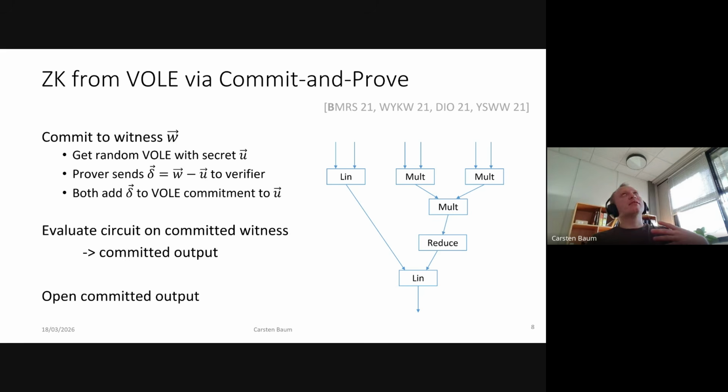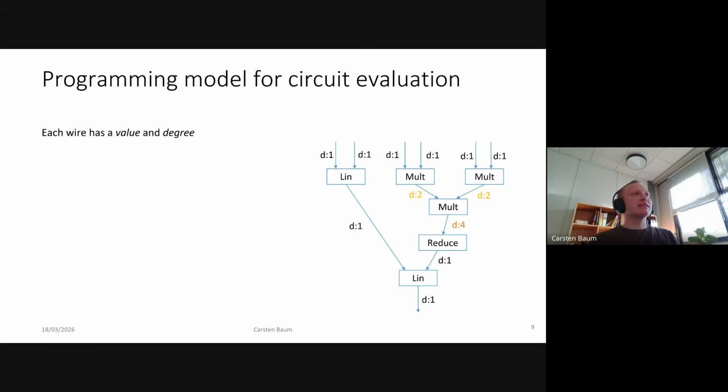The thing about VOLE-based proofs is that you're usually not looking at them just as commitments and addition and multiplication gates or linear gates. Instead, the programming model for them is quite different, and that's what I want you to think about, because this is important to how you use them. Usually in a ZK proof system you care about how many multiplications you do, because this directly impacts the communication that you pay for. In VOLE-based proof systems, this is a bit different.